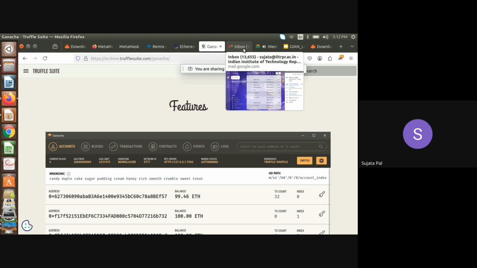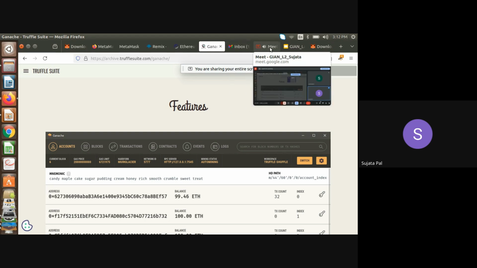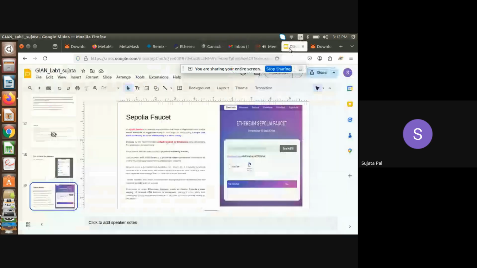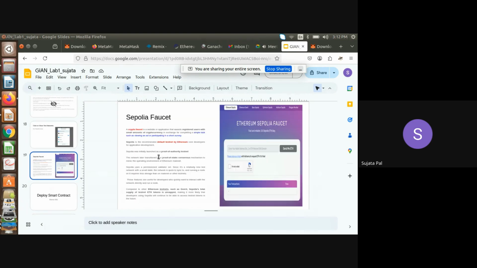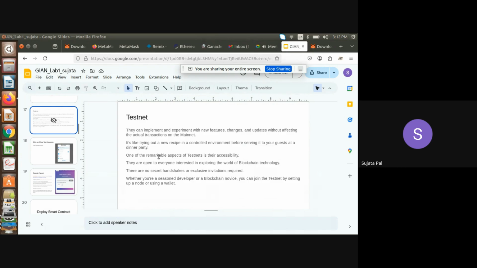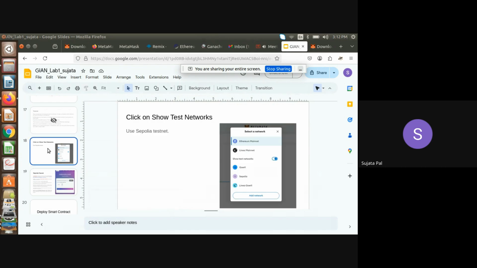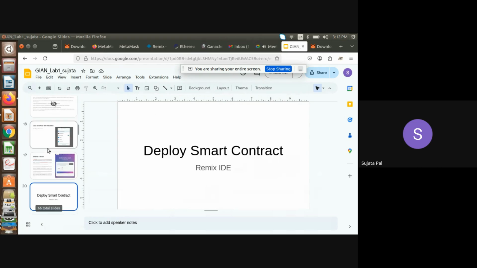So after we start mining, it will show you that in 24 hours we can earn only 0.5-something ETH. Or you can go to the Alchemy site. Here you start your account and copy your address. In 24 hours, they will also provide you 0.5 ETH for the testnets only.